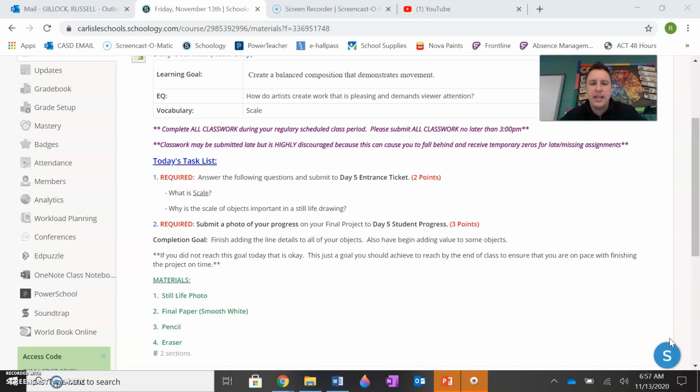So with that said, that is your task list for today. Just do your entrance ticket and continue building on those projects. You guys are doing a great job. Just keep adding to it. Don't throw the hat in early. Just keep building on it, and you'll be really surprised at the level of detail that you add with the time and effort that you keep adding to